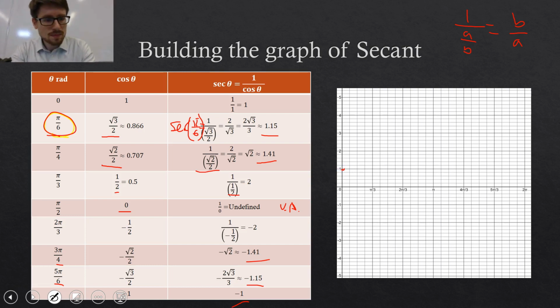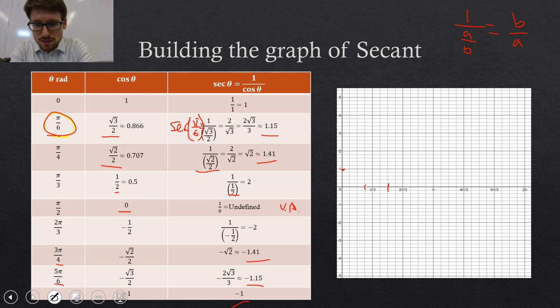There's 0, 1. And then we plug pi over 4 in. So I'm going to find half of pi is right there. So pi over 4 is going to be right, let's see, 1, 2, 3, 4, 5, 6. So 3 boxes in. That's pi over 4 right there. So pi over 4, I get about